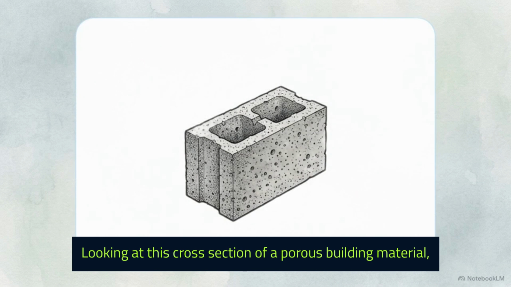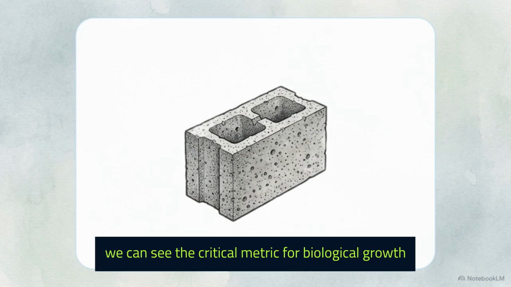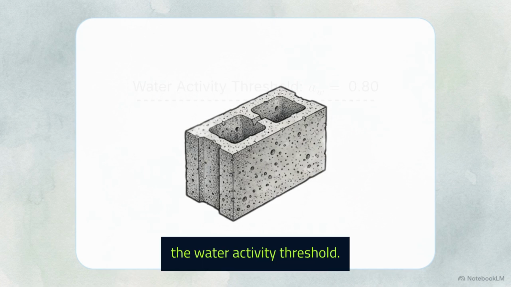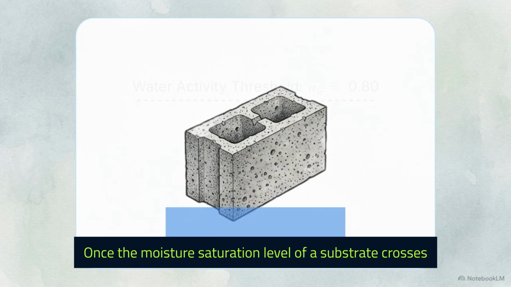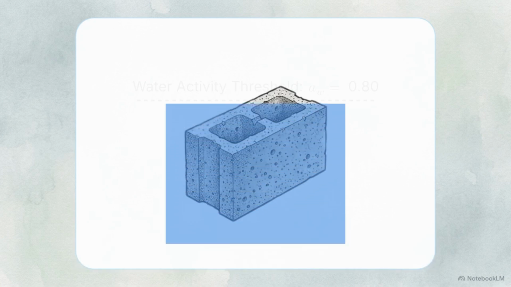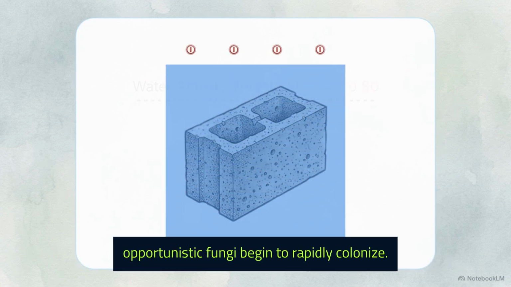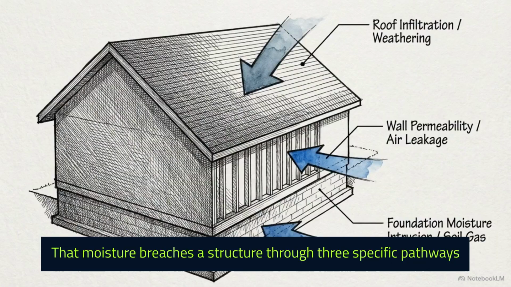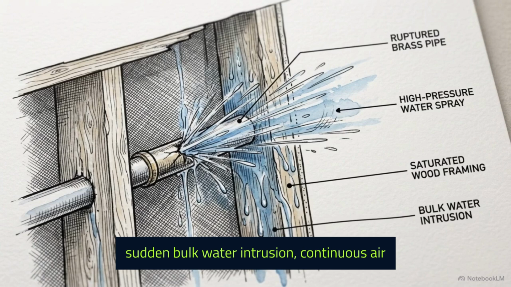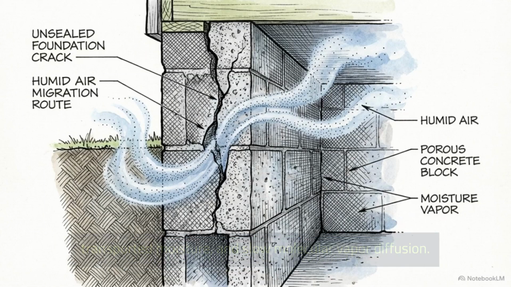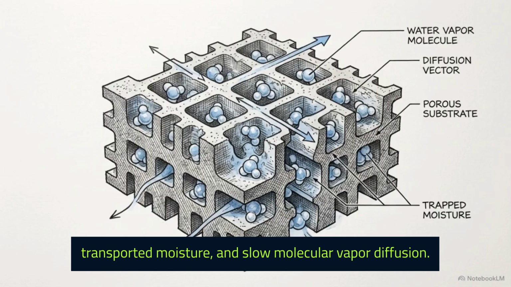Looking at this cross-section of a porous building material, we can see the critical metric for biological growth, the water activity threshold. Once the moisture saturation level of a substrate crosses 0.80, opportunistic fungi begin to rapidly colonize. That moisture breaches a structure through three specific pathways: sudden bulk water intrusion, continuous air-transported moisture, and slow molecular vapor